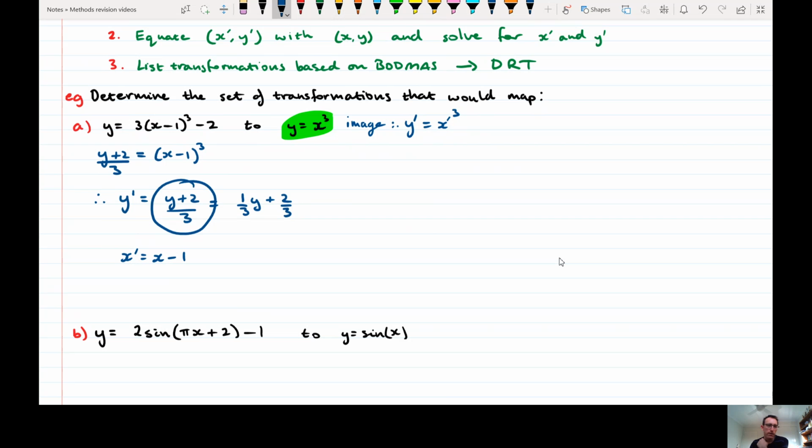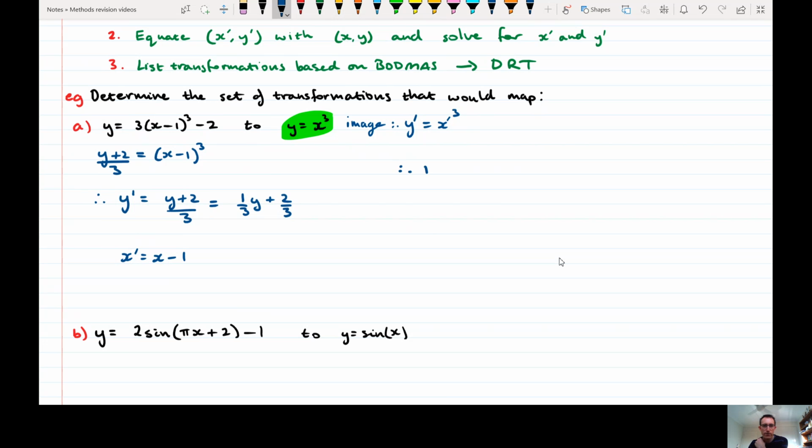If I'm using this one, BODMAS says that the plus 2 comes first. So I describe the translation of 2 up, then you'd have a dilation factor of 1/3. But if you're trying to do it following the DRT method, you need to write it as 2 separate fractions. So now I can see, therefore,